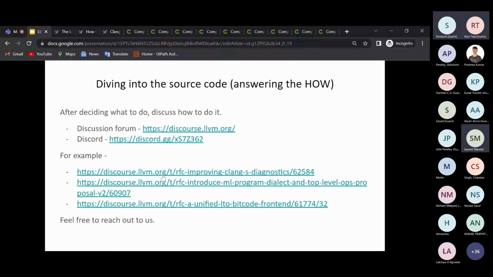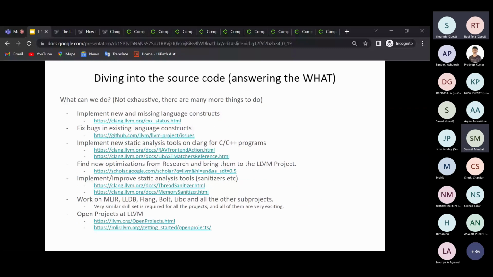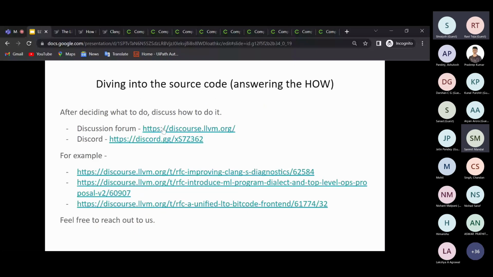So now let's answer how we should do it. After you know what you want to work on, out of this list or anything else, you start discussing how you'll do it. You can go to the discussion forum, Discourse, and post that you want to work on this particular feature and this is how you plan to do it, and people will be very helpful.